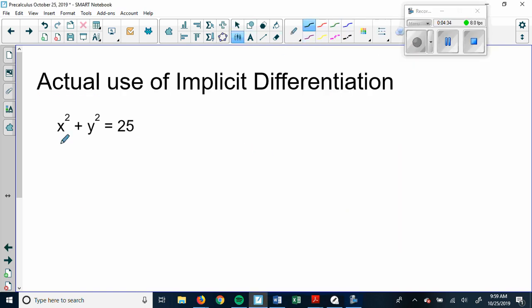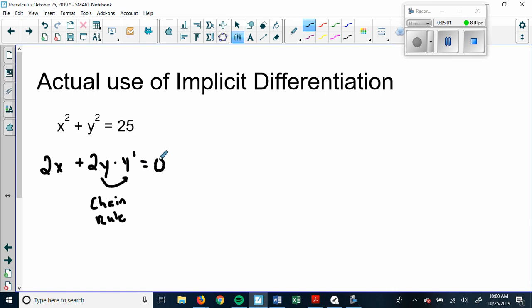So to actually do this, we're just going to do this like normal. 2x plus, now what's the derivative of y squared? Well, that's 2y. But remember, y is a function of x, so we have to use the chain rule here and take the derivative that's inside. That's exactly what we had before. Instead of writing f of x, or f prime of x, we're just going to use y prime